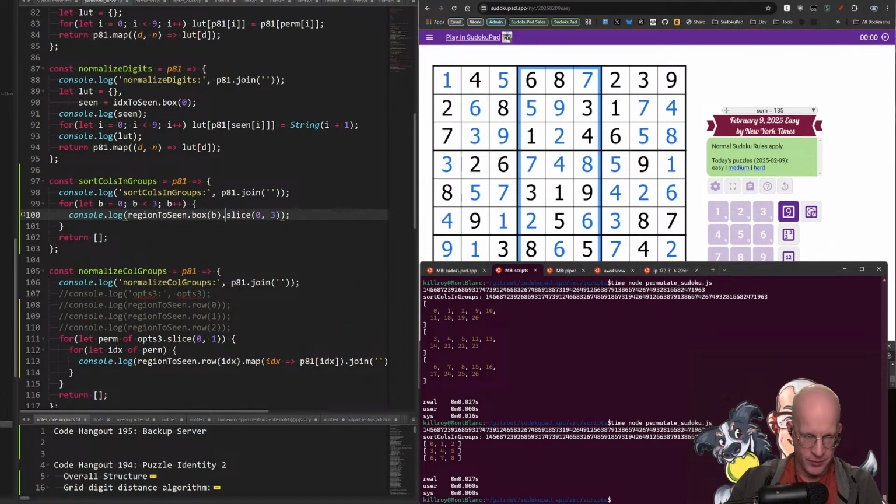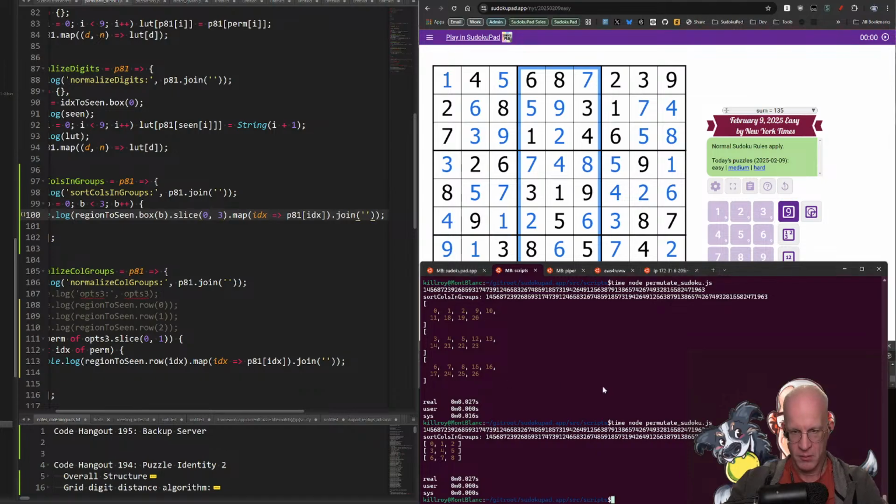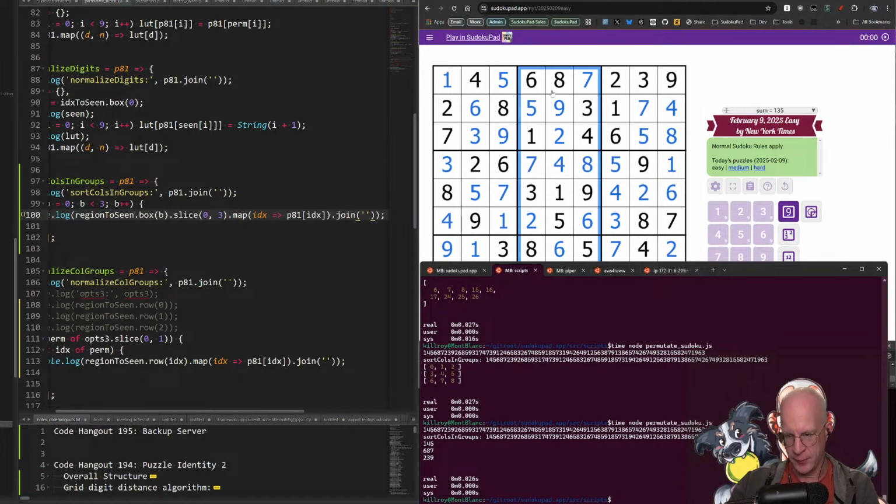Okay, I'm also starting to wonder if I want a helper to do this bit. Although now that I'm looking at it, I guess it's not too hard. So if I do this, it'll get me the 1, 4, 5, 6, 8, 7, 2, 3, 9, right? So now I need to sort these. And I want an algorithm that lets me sort numbers and gives me a lookup table for the mapping afterwards, right? Because this gives me